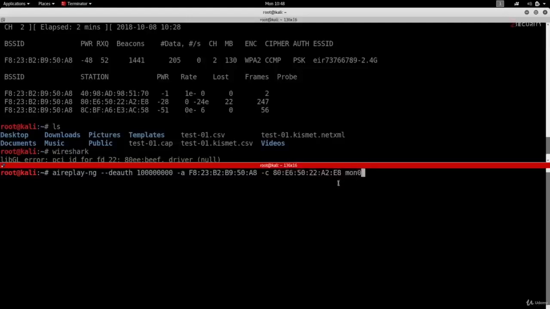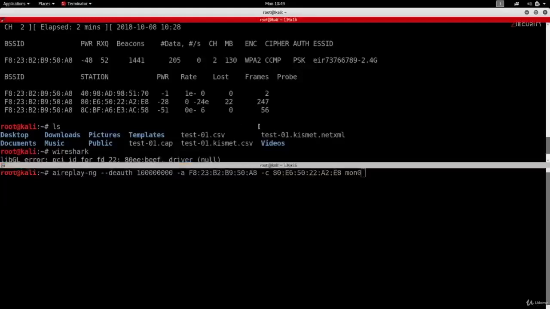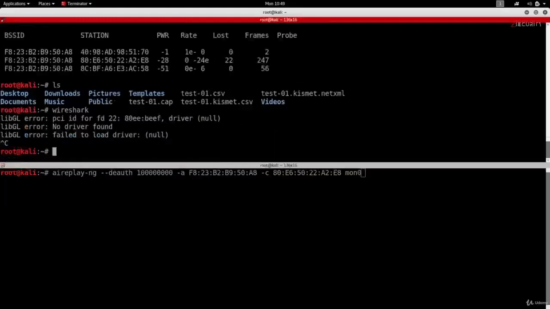Now you can run this command like this, and in most cases it would work. But in very rare cases, this command will fail unless Airodump-ng is running against the target network. So what I'm going to do now is I'm going to go back to my first terminal in here, and I'm going to run Airodump-ng using the command that we've seen before.